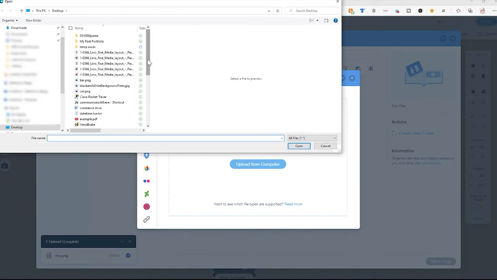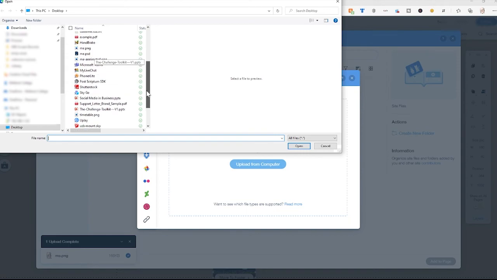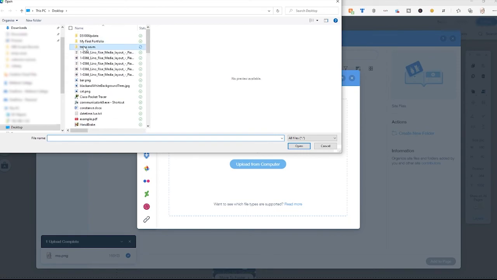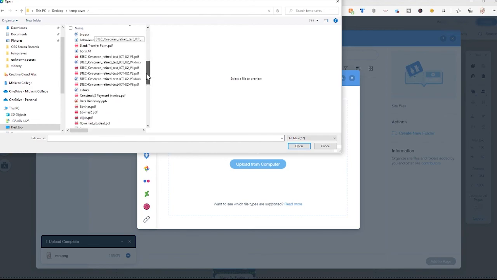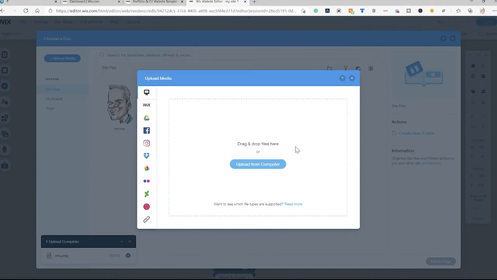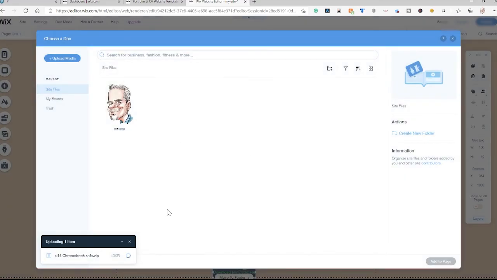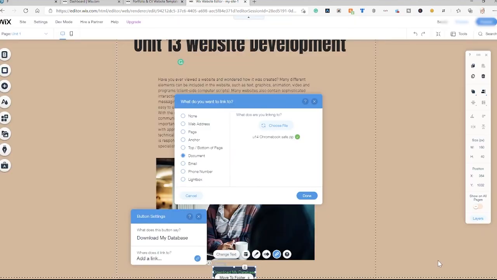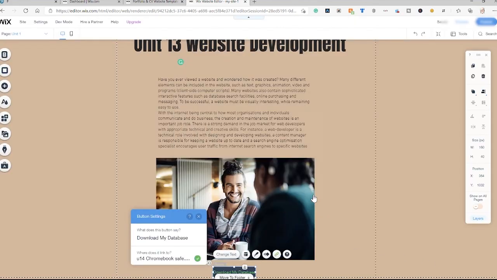And then I've got an example of a zip file here. Where are we? My temporary files. There's a zip file there. Click on Open, and then it will start uploading. And let's suggest that this zip file contains my database. I'm going to select it, click Add to Page, click Done,